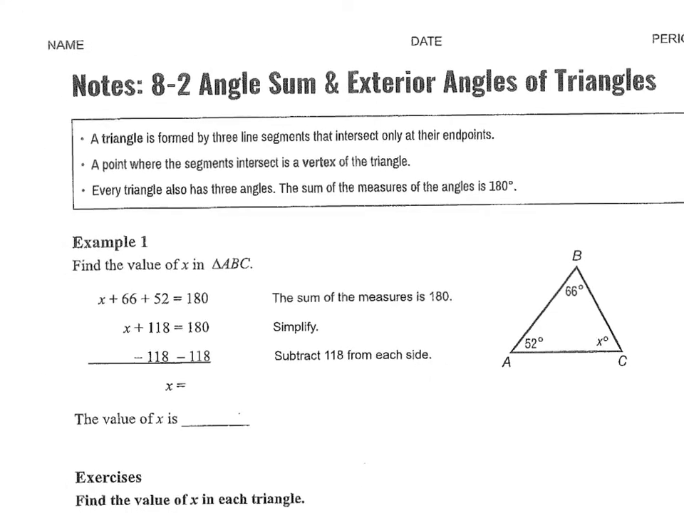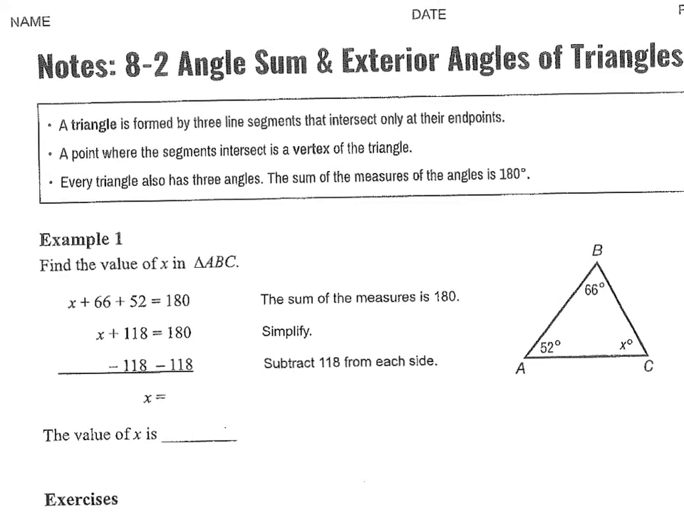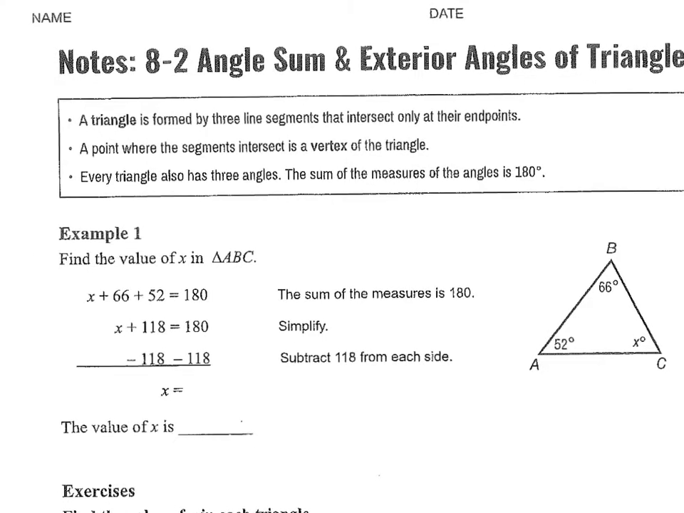Angle sum and exterior angles of triangles. So a triangle is formed by 3 line segments that intersect only at their endpoints. A point where the segments intersect is called the vertex, just the points of the triangle. Every triangle has 3 angles, and the sum of the measures of those 3 angles is 180